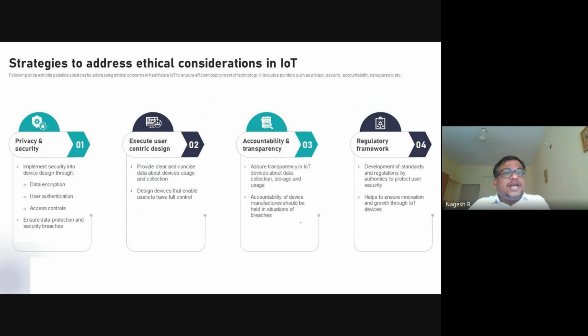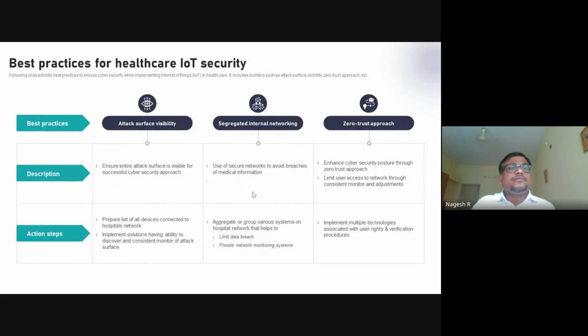Then strategies. Ethics with IoT, like privacy, is a concern. You need to execute user-centric design. Accountability and transparency are a concern, and regular framework development of standards and regulatory bodies will come into the picture. The best practices are attack surface visibility, segregated internal networking, and zero trust. You have to ensure